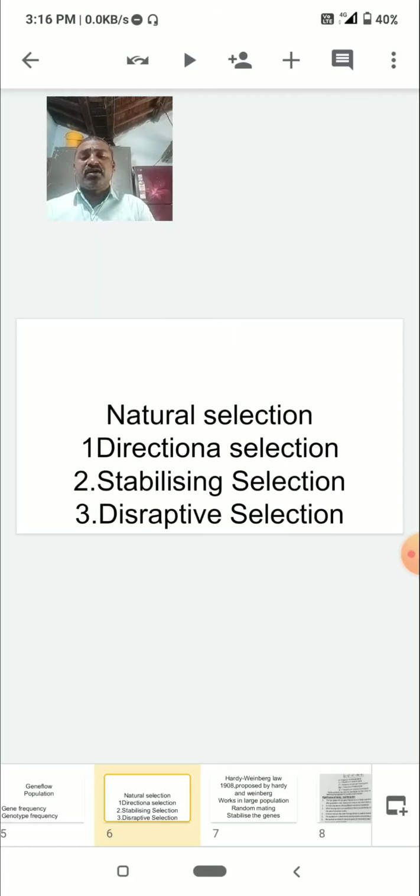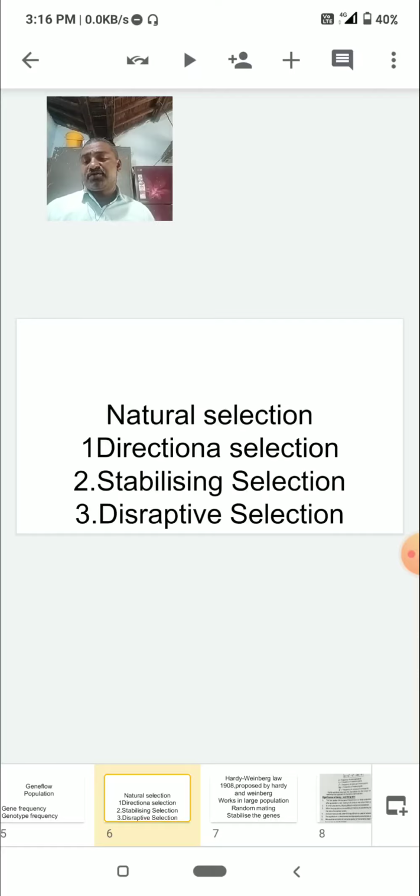Reproductive success is the proportion of reproductively fertile offspring produced by a genotype relative to the other genotypes. Here, generally the dead organisms cannot transmit their genes to the next generation. The live organisms can transmit their genes to the next generation, that is all. So that is about stabilizing selection.